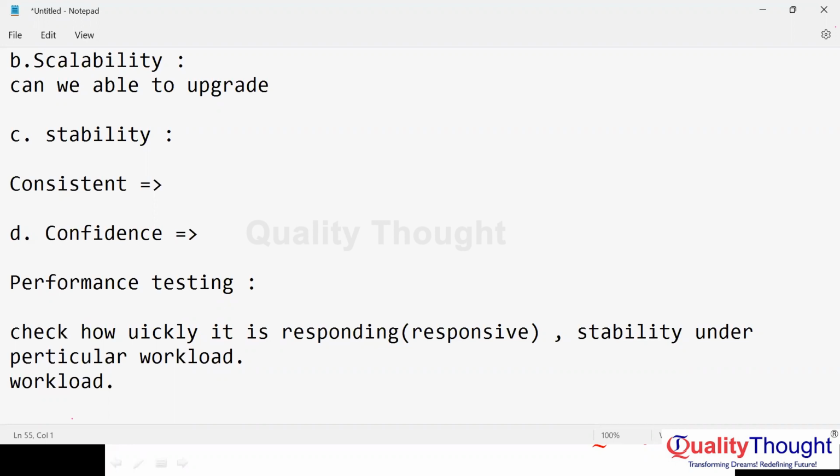What do you mean by workload? Let's forget about performance testing, everything. What do you mean by the English word workload? How much work you are supposed to complete? High pressure. Okay, something like that. If workload is increased, pressure increases. If you are overburdened with work, that is the workload. Exactly similar to that, how do we put pressure on the application? How to put pressure on Flipkart.com? This workload is directly proportional to